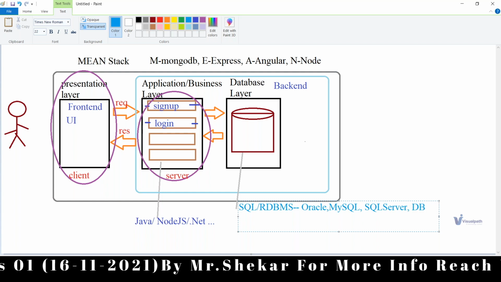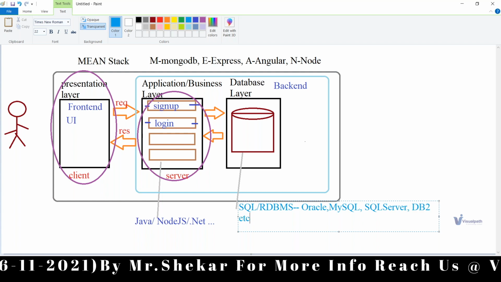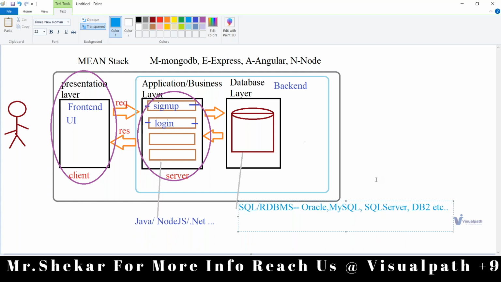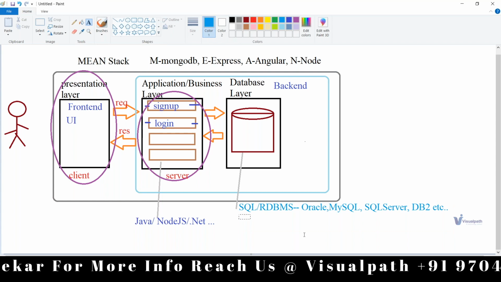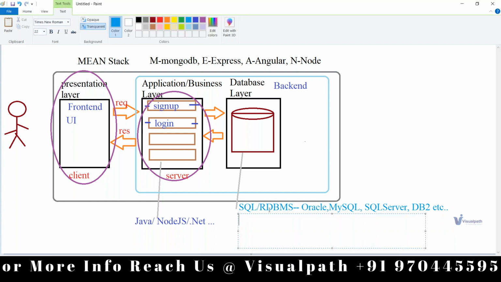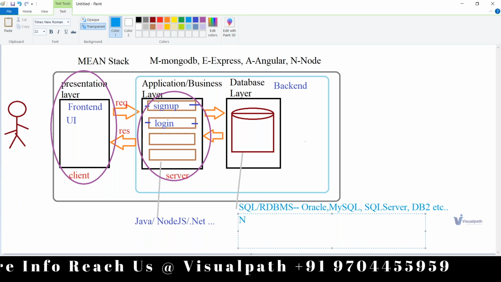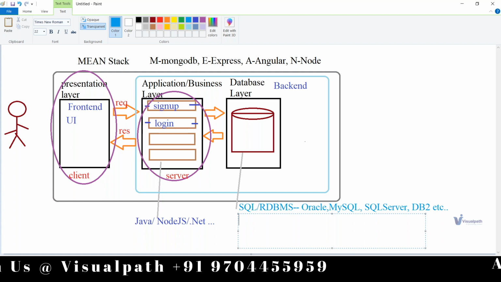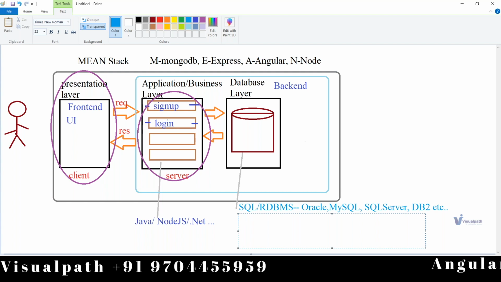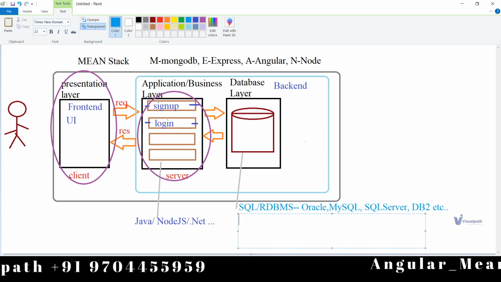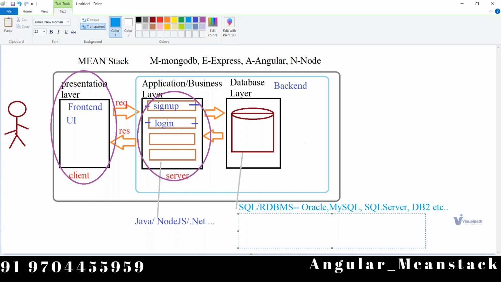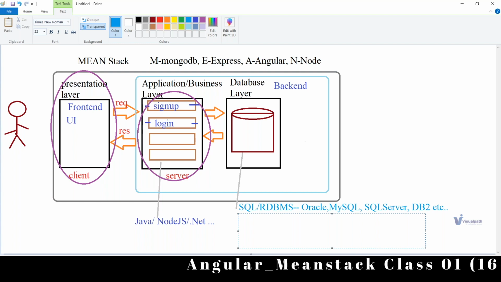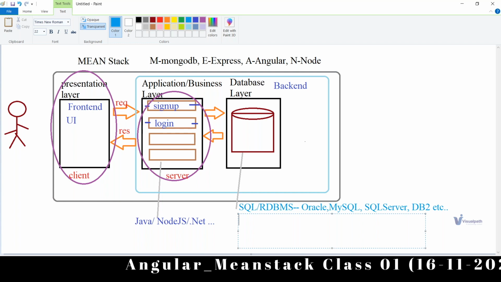And we have something called DB2, which is from IBM. All these are examples of RDBMS style databases, where you have the data in terms of tables and their columns, and inside that the data will be stored.